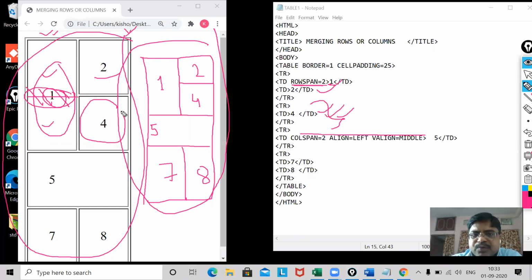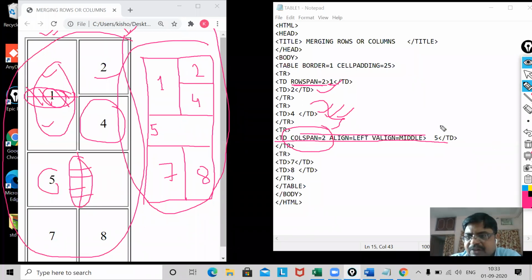You can see 4. Now next row, that is the third row. Third row will have what? Column to be merged. You see, this is my column, but actually this column is merged into 2. That means 2 columns are merged into 1. You see, that's why it is showing 5, because I have given my value as 5 and I have closed this one.